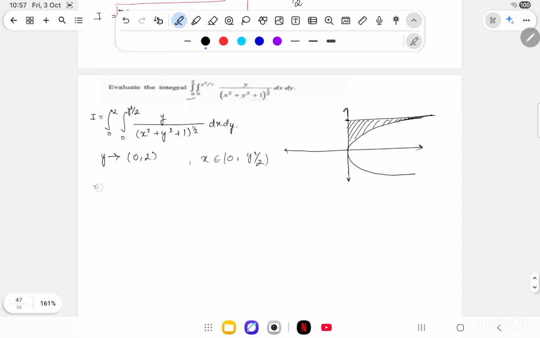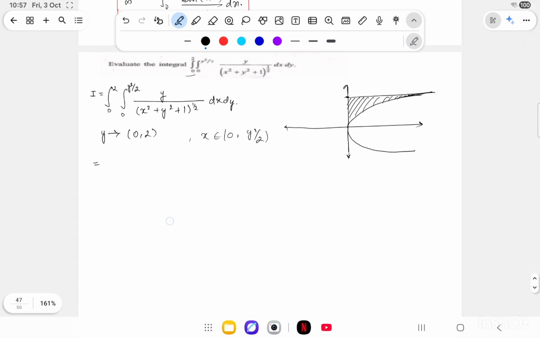So let's see how we can solve it. If we integrate first with respect to x, then it will be too complicated. So the first thing that we'll do is change its order of integration. If I change its order of integration, the limit varies from x equals 0 to x equals 2, and y varies from y equals 0